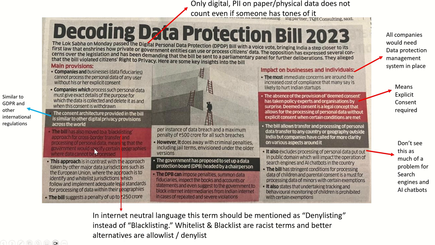Some of the approaches in the bill are a little different, like this block listing of cross-border transfer. The GDPR follows a kind of allow listing wherein the GDPR has a list of countries which the European Union deems as safe for processing the data of their citizens, and rest of all the countries which are not included in the list are banned from processing personal data of its citizens.